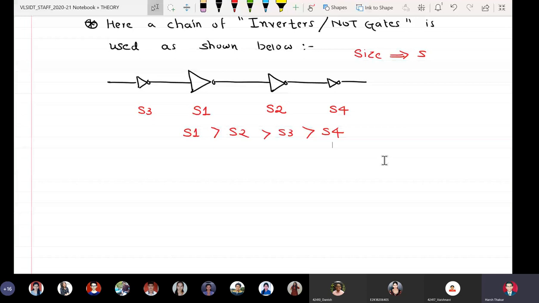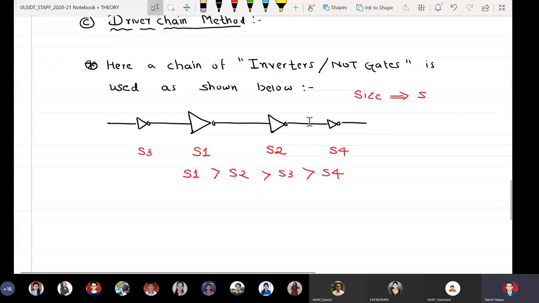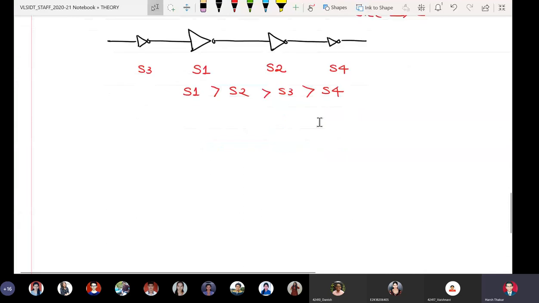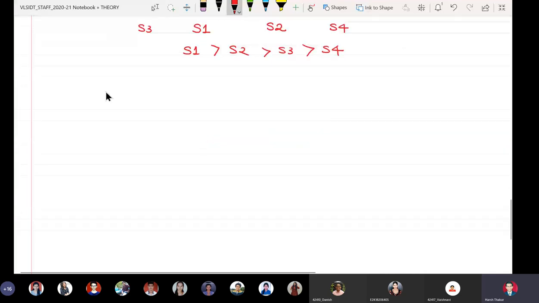So size actually doesn't have any importance if we use TTL logic family for implementing a logic functionality. But when we speak about using CMOS logic for realizing a functionality, then size matters a lot. In fact, size is the thing which matters. Okay, so please understand one thing, that if we are considering this thing,